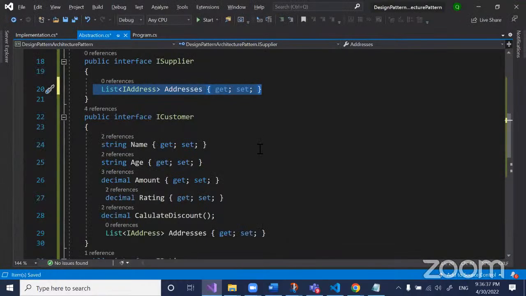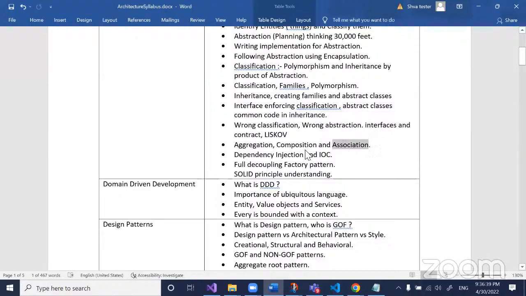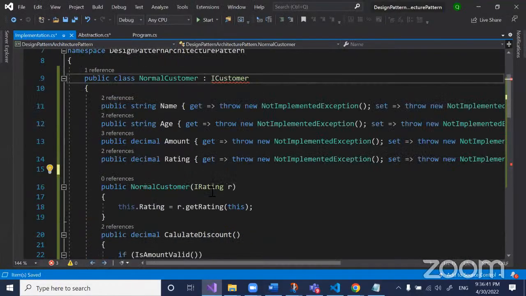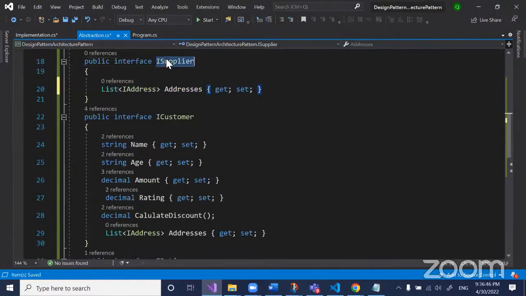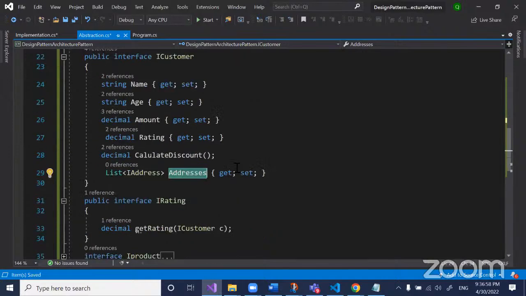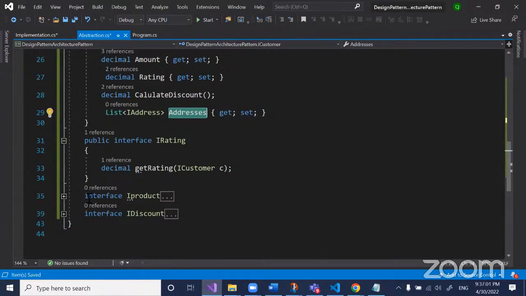And the last one is composition. So remember, our first one, association, which is just association like this. Second one, aggregation. ISupplier does not own address. ICustomer also doesn't own address. Address can be attached to anyone. Aggregation, the lifetime, or I will say there is no ownership over here. There is no ownership as such. Okay. But now let us talk about